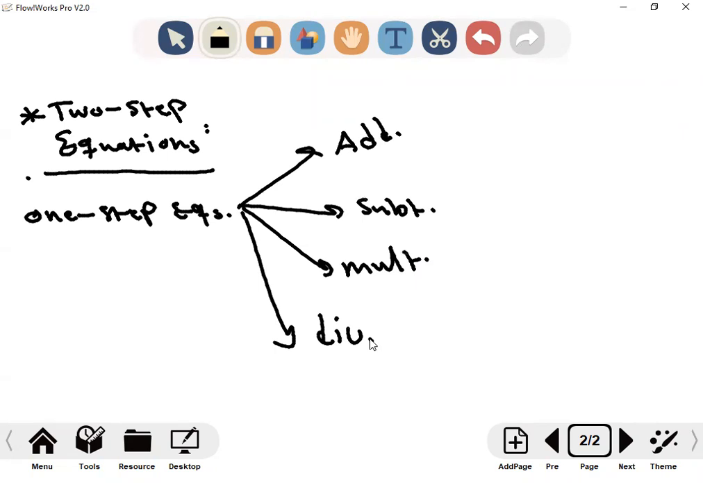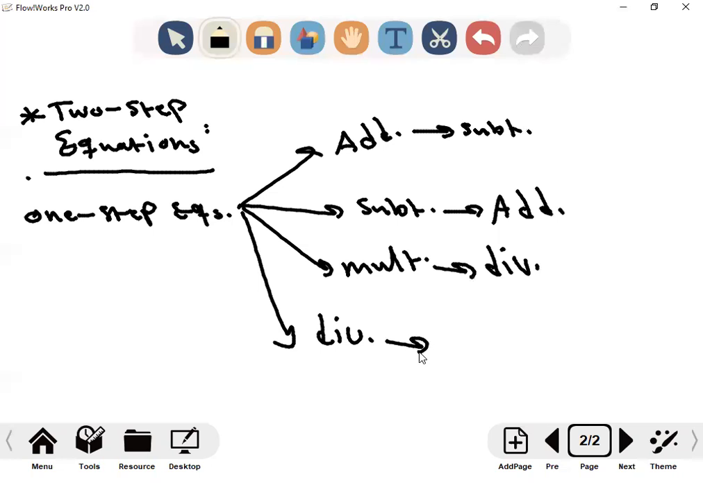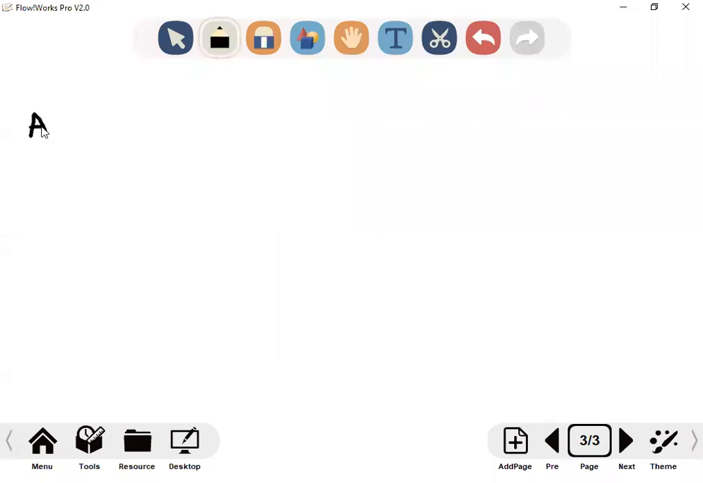And when we have one-step addition equations, we do subtraction. If we have subtraction, we do addition. And if we have multiplication, we do division. And if we have division, we do what? Multiplication. For example, for the addition equation, guys, let's remember together quickly. If we have x plus 3 equal 19,